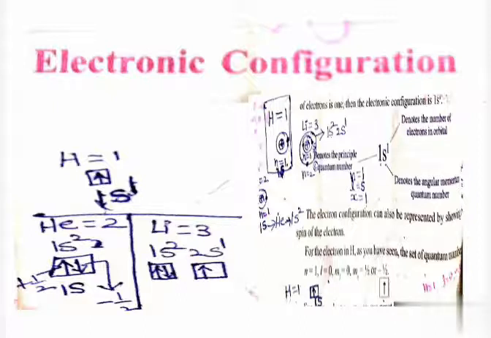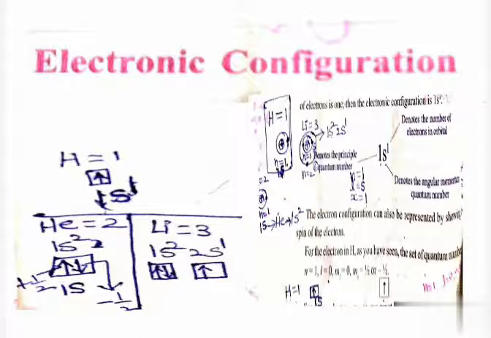So will you say its N value, L value, Ml value and Ms value? For example, take hydrogen. Hydrogen atomic number 1. In the orbitals we can fill the electrons like this. Hydrogen electronic configuration 1s1. What are its N, L, Ml and Ms values? Hydrogen will occupy the first shell. First shell means N equals 1, that's why its N value is 1.